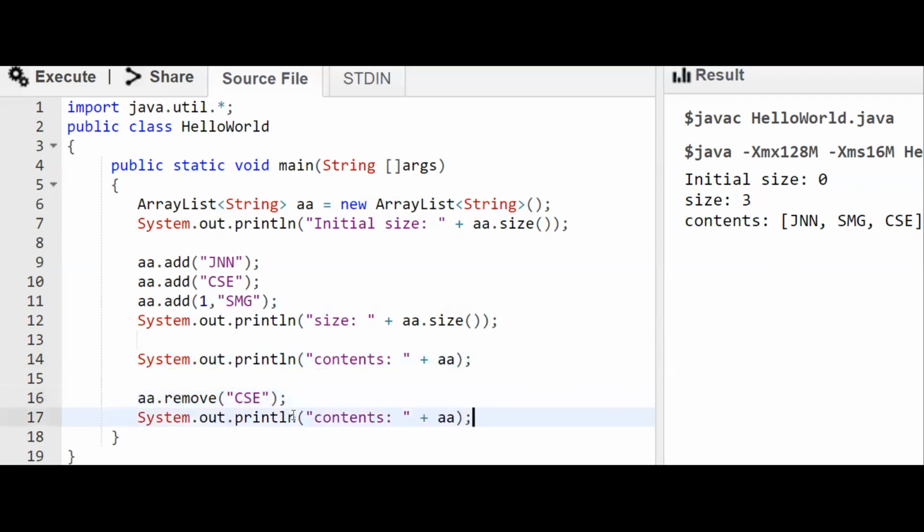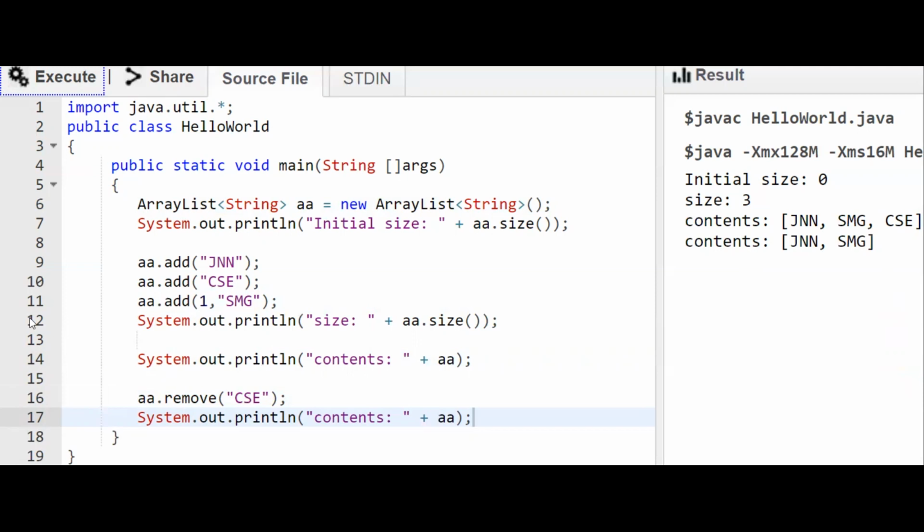Once we remove it, we can once again print the contents of that particular ArrayList. You can observe that CSC has now been removed.